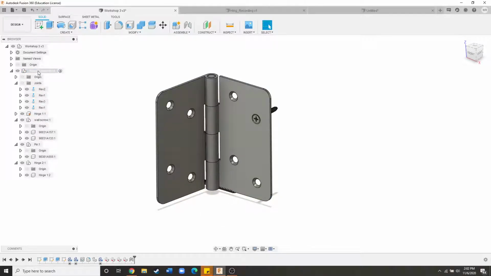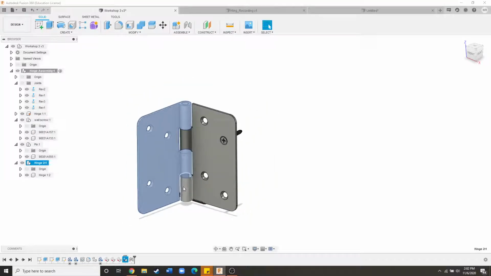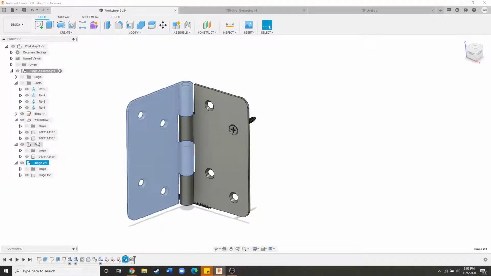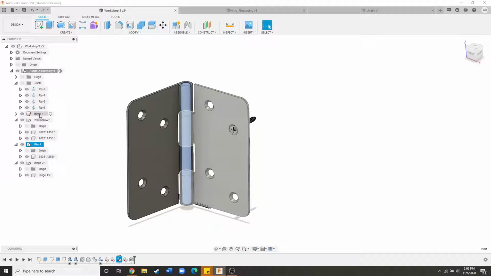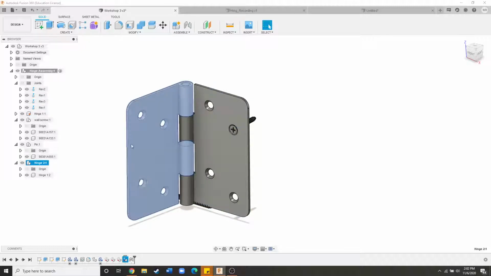And so under this hinge assembly, we've created an individual component for each rigid body. So it's going to be really important when you're making CAD designs to have a component generally for each rigid body. So we can see this hinge component here. It's all one solid piece of metal, and then hinge 2 is another solid piece of metal, and we need to be able to move those components relative to one another. So we have them broken into two separate components so that we can define a motion dependency between these two